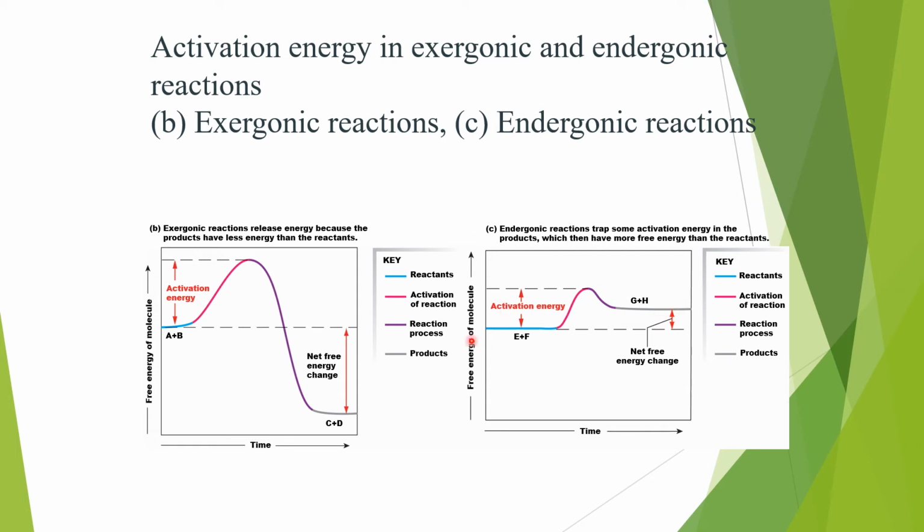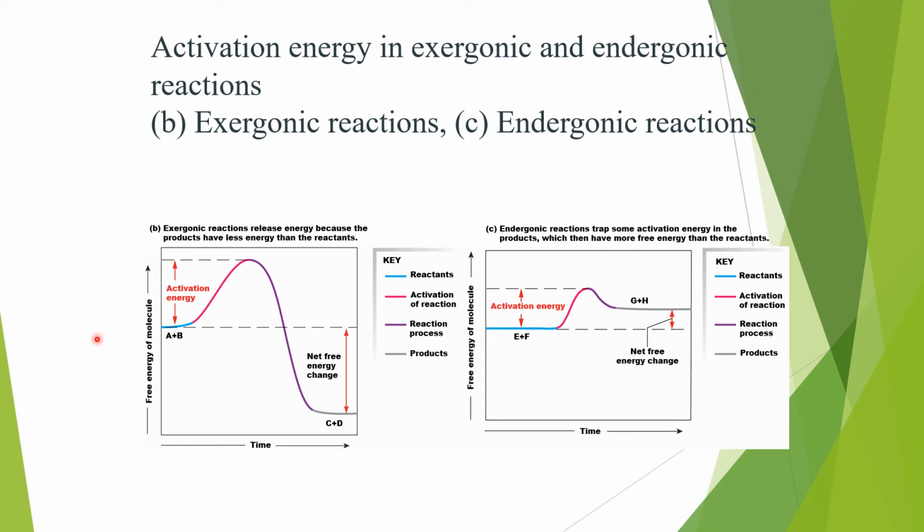So that energy that we've been talking about, we refer to it as free energy. So the products have more free energy compared to the reactants. One more time, because the reactants had to absorb energy. So when the reactants absorb energy, the products are going to have more energy, and therefore it's known as endergonic